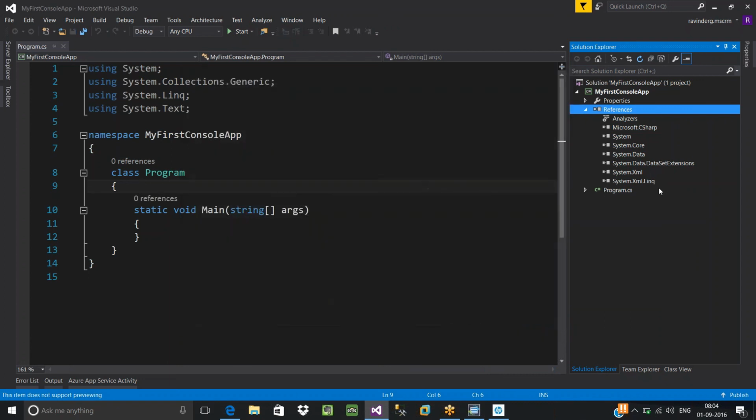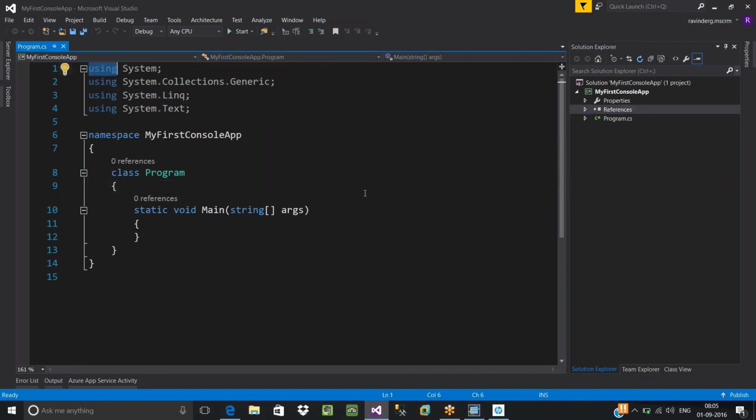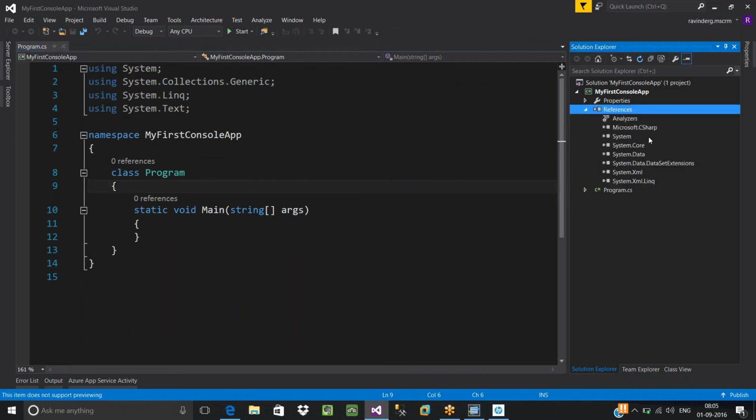Okay. So later we'll see more about this going forward. Do you remember that if you want to reuse the functionality of any third-party DLL in your application, what has to be done? First, you need to add the reference of the third-party DLL, then import that DLL into your programming environment using the using keyword. Microsoft has already done that on your behalf, just to reduce some burden on the developer.